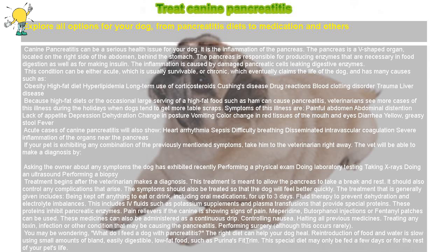Symptoms of this illness are painful abdomen, abdominal distension, lack of appetite, depression, dehydration, change in posture, vomiting, color change in red tissues of the mouth and eyes, diarrhea, yellow, greasy stool, fever. Acute cases of canine pancreatitis will also show heart arrhythmia, sepsis, difficulty breathing, disseminated intravascular coagulation, severe inflammation of the